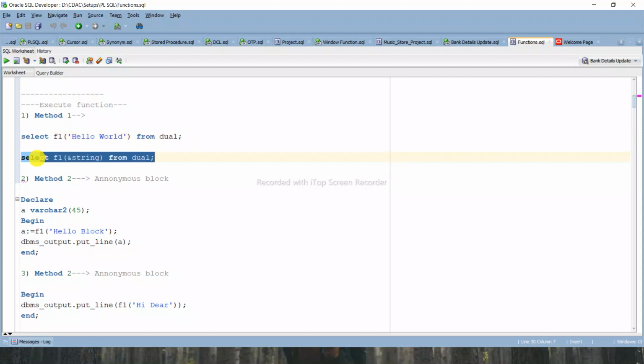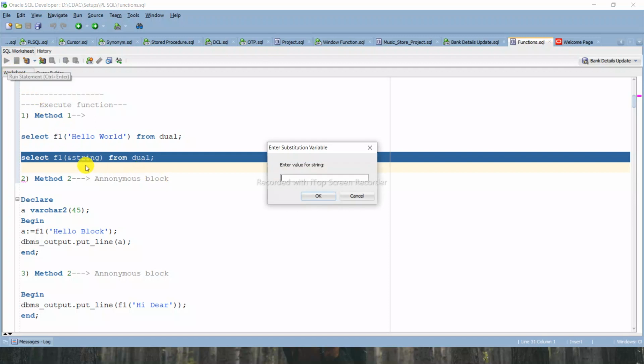Or you can run it another way, like select F1, and you can take input from the user. Like I am writing ampersand string. So let me show you the output. If I run this select query, you will see it says enter the value of string. I have written ampersand string, so that's why it is asking to enter the value of string. So if I write in single quote